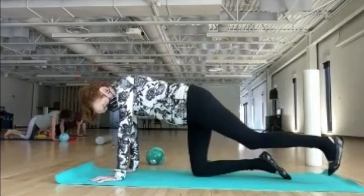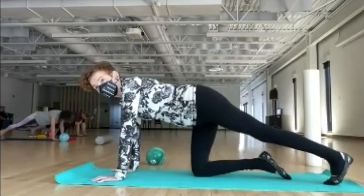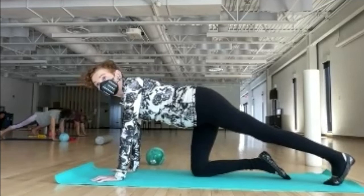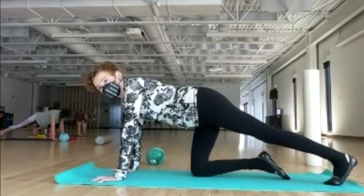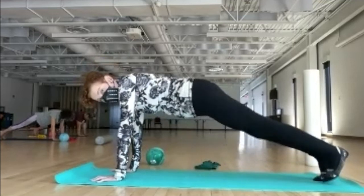Then take one leg back. This one's probably not for you for your toes, right? So you could repeat the pointer that we just did. The other leg is back. Now,